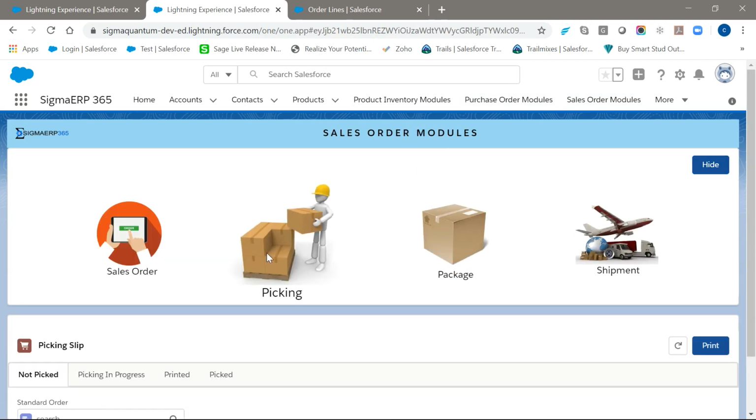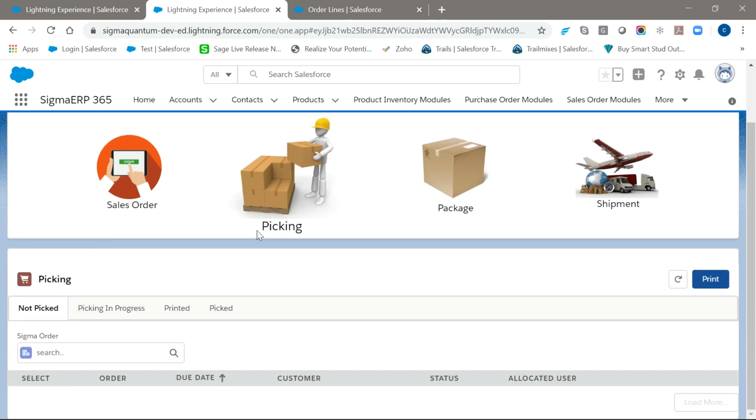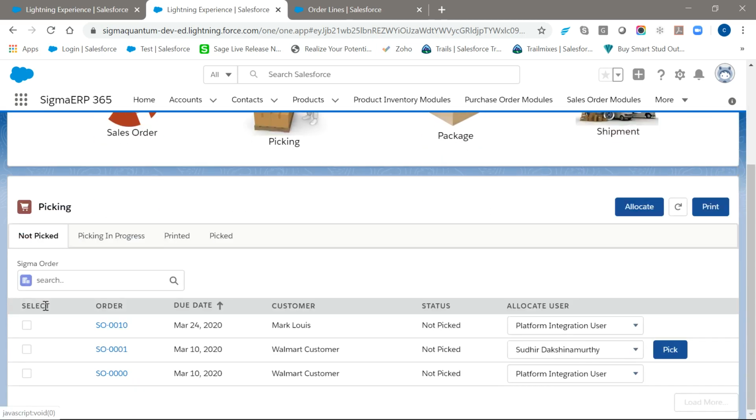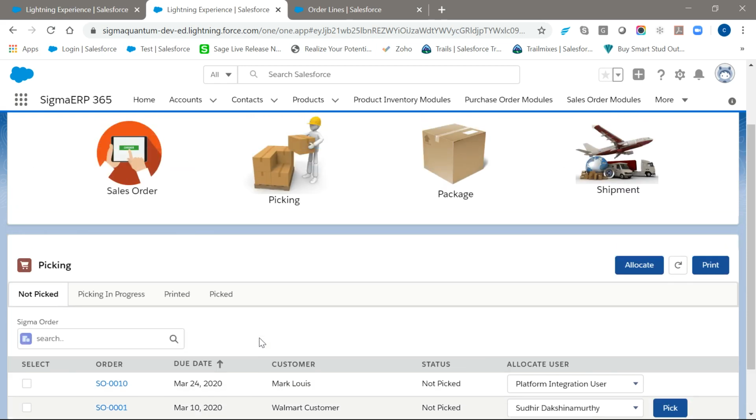Now we will get into picking, and it should be here in the not picked tab. Yes, it is. And here, as I said, the picking process allows the user to take it forward in two different ways.